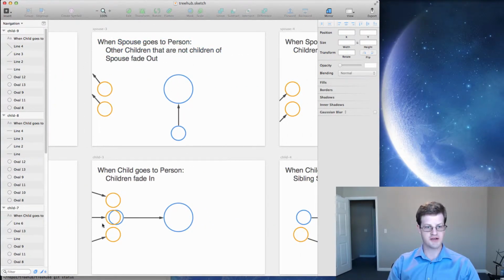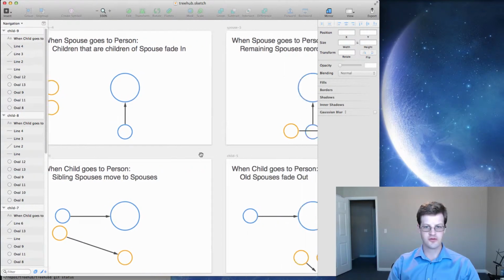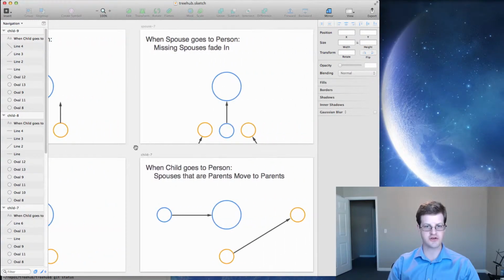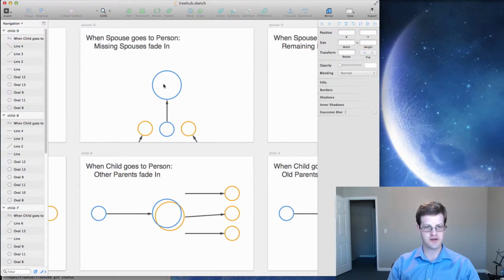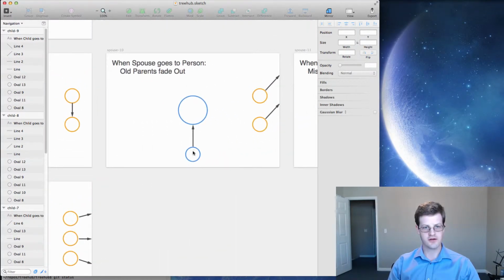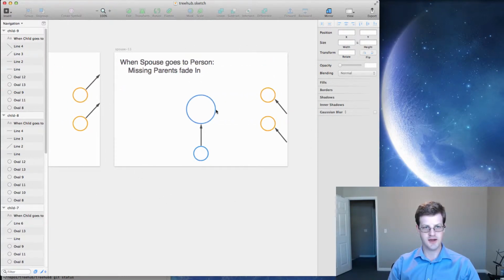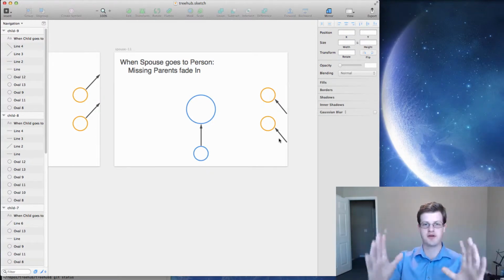So spouses fade out, children fade in. Just a whole bunch of here's everything that happens. Here's where they go. Here's the direction when they fade in, when they fade out. You know, when you come up here, this person, missing spouses come in, other parents. You know, when you swap, the parents go away. When you come back, the parents fade in. So there's also this flow that happens,